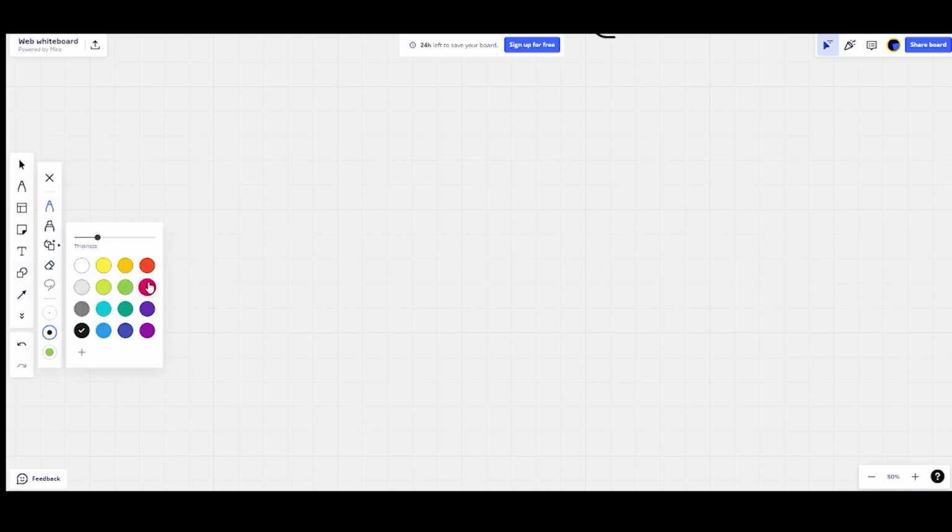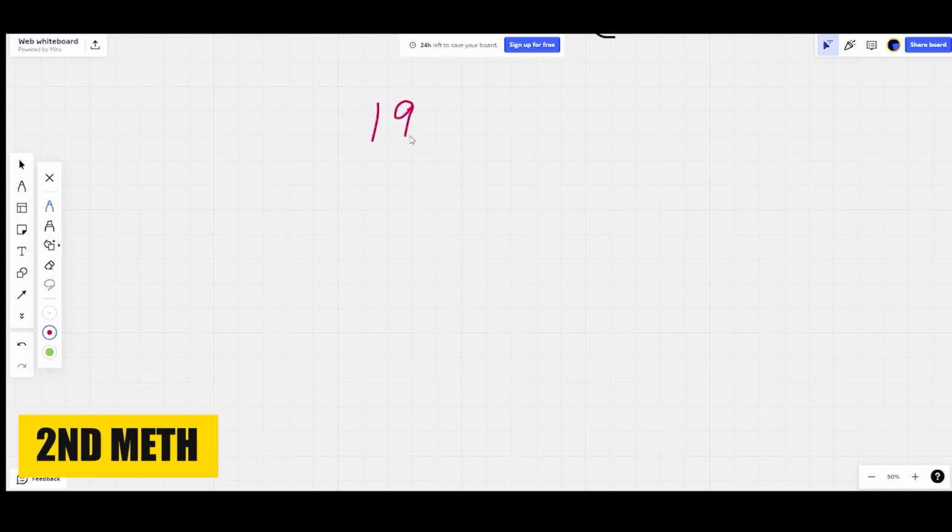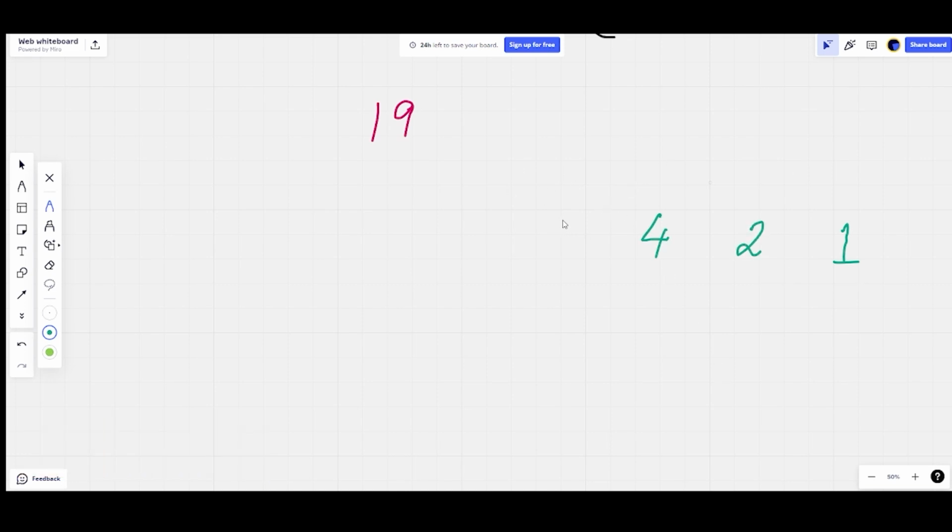For example, let's take one bigger number this time. Let's take 19. Now to find the binary of 19, what I will do is, see here very carefully. First, I will write 1. Now tell me, what is the double of 1? It is number 2. What is the double of 2? 4. Double of 4, 8, 16, 32, and it will keep on going.